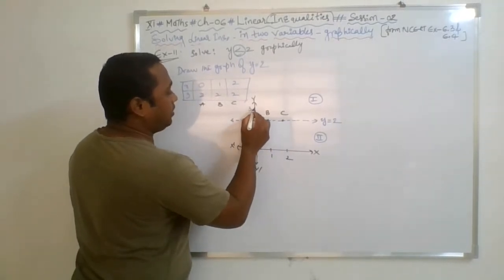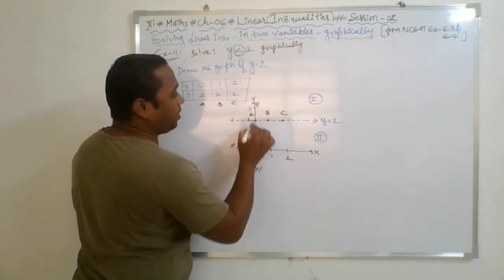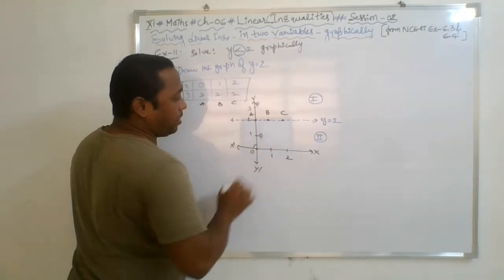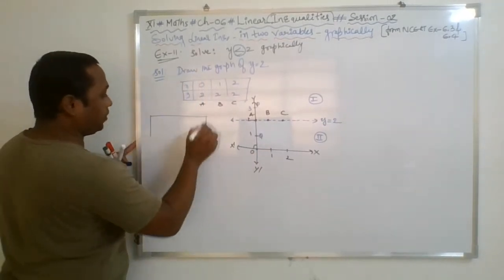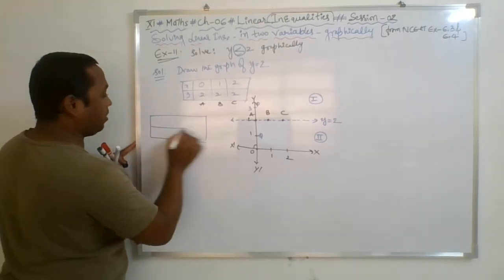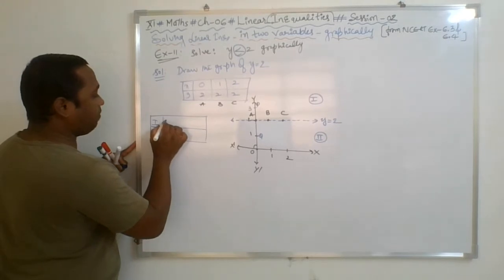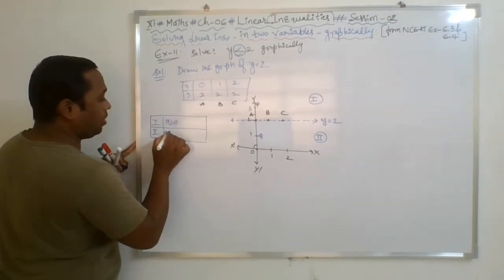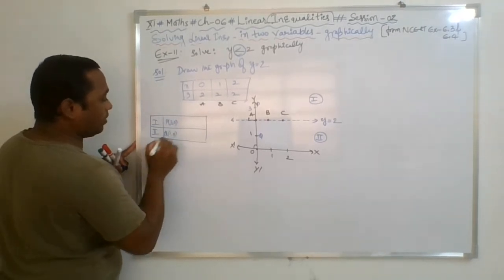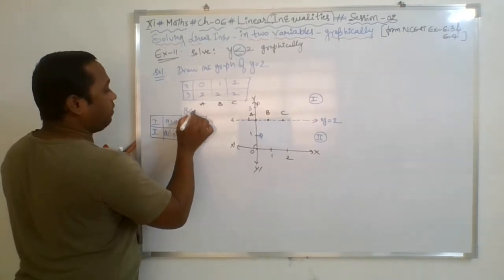So if it is 3 here, I would like to take the point P from here and Q from here. And you know the coordinates of P and Q here. So simply I am taking, this is my observation table, first half plane and second half plane. P is a point 3 comma 0. Q is a point from the second half plane, that is 1 comma 0. Then I simply substitute in the given inequality.